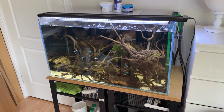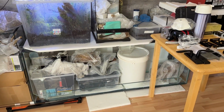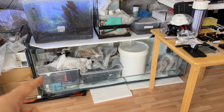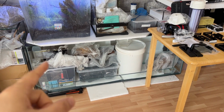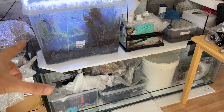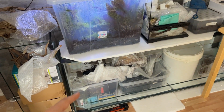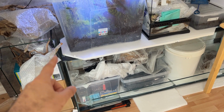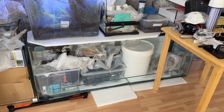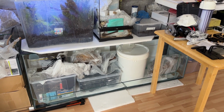But in terms of my plans for the future, this is a tank that I'm going to be setting up, and it's a large shallow tank. It's 160 centimeters, over 5 feet long. It's shallow, only 50 centimeters high, so a bit over a foot high, and it's 60 centimeters wide, 2 feet wide. It's a custom made tank,